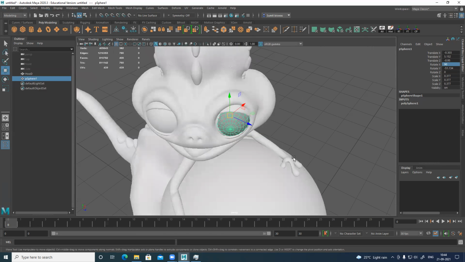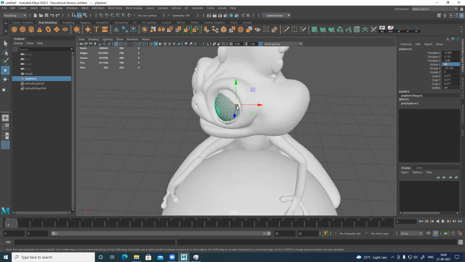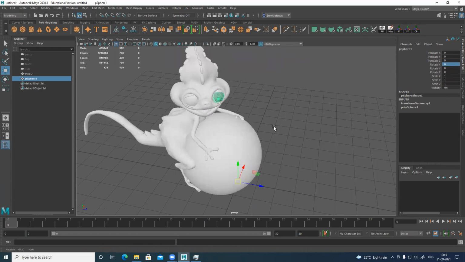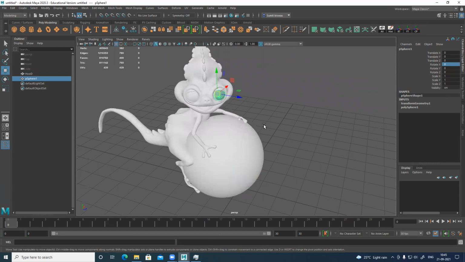Go to center. Oh, you want to go to world zero? Oh, for that you have to reset. Suppose this thing is in center right now. If I freeze this, everything becomes zero, and center already. If I reset, it will go to world coordinate 0, 0, 0 automatically. This is one of the best things in Maya. Just one click, it goes to world coordinate 0, 0, 0.